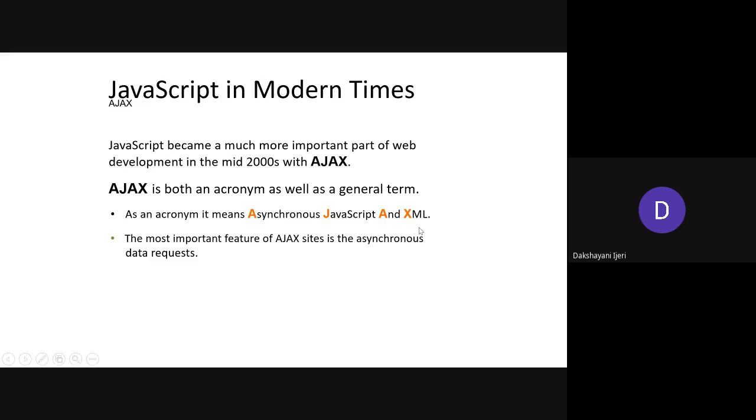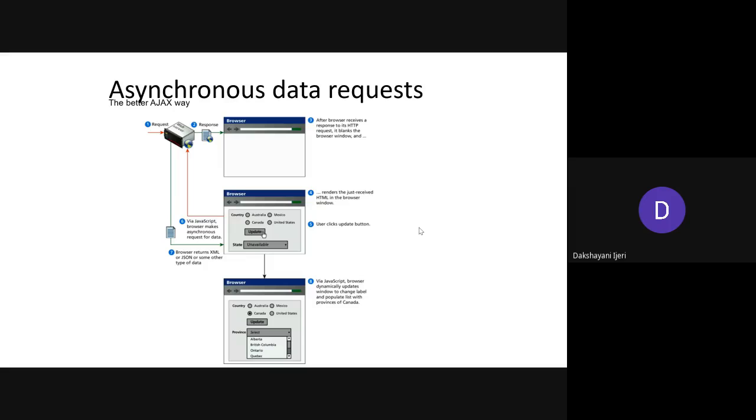So why is it termed asynchronous? We'll see again here. Through this figure, you'll get to know why it is termed asynchronous data requests. In the same case where you are requesting some pages from the server, until you receive the response, the browser might be idle. Once you get the response, it is rendered on the page, the user fills in the data and clicks one of the responsive buttons, and via JavaScript the browser makes the asynchronous request for the data.